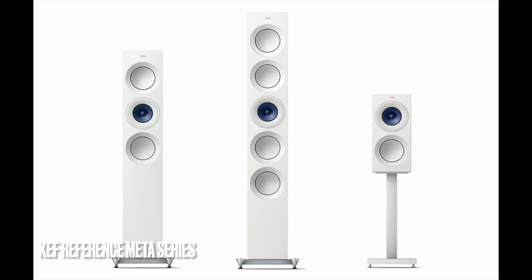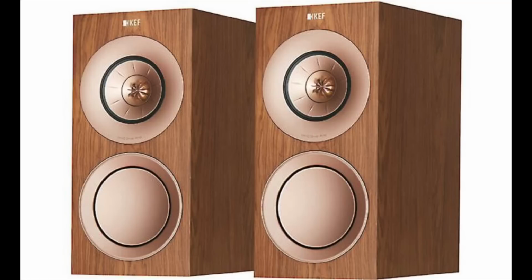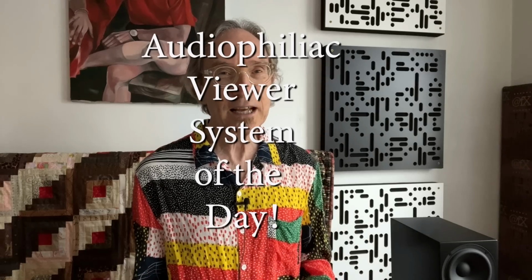It was that good. By the way, I don't want you to confuse the reference speaker line with the R speaker line. Completely different. The R is really good. I had the pleasure of reviewing the R3, I think, a few years ago. Wonderful speaker. But the reference line takes the sound to another level. And by the way, yes, speaking of another level, there will be an Audiophiliac viewer system of the day later